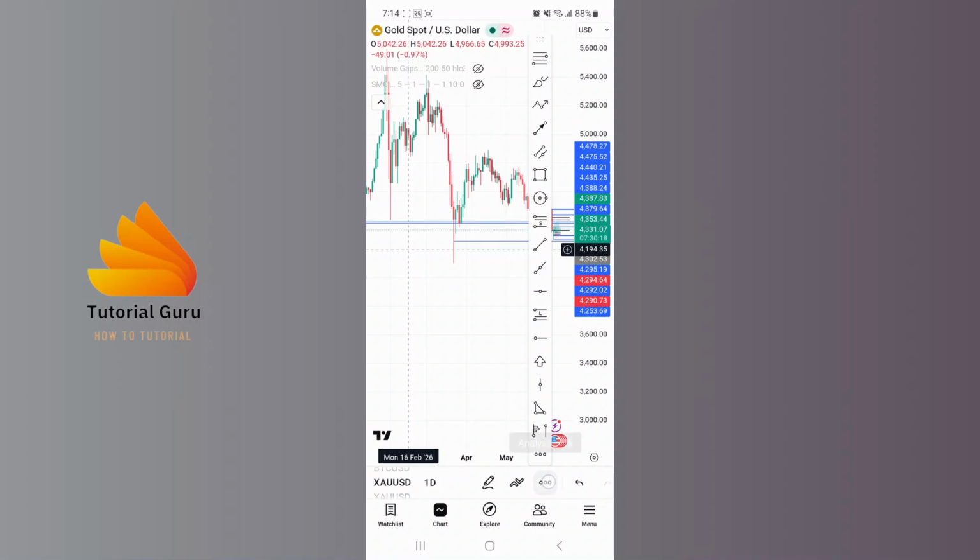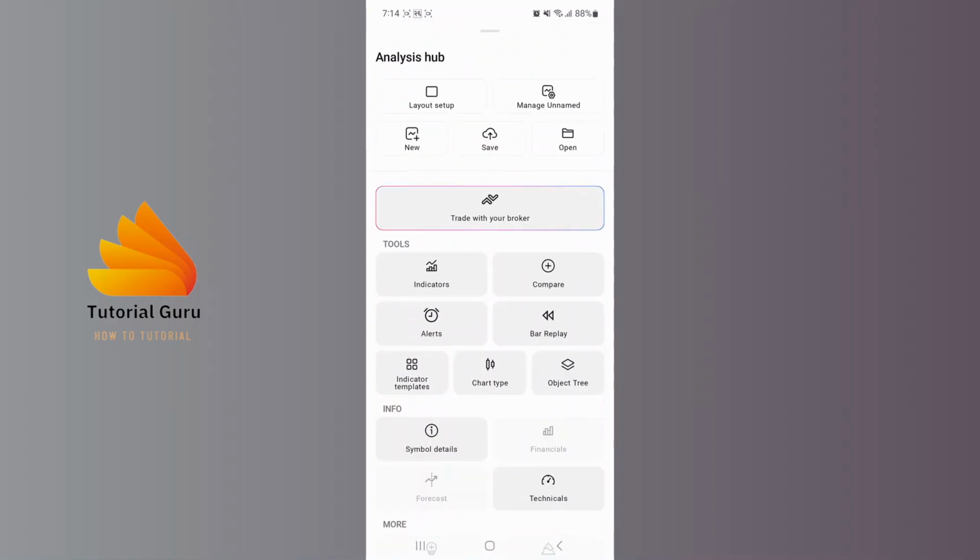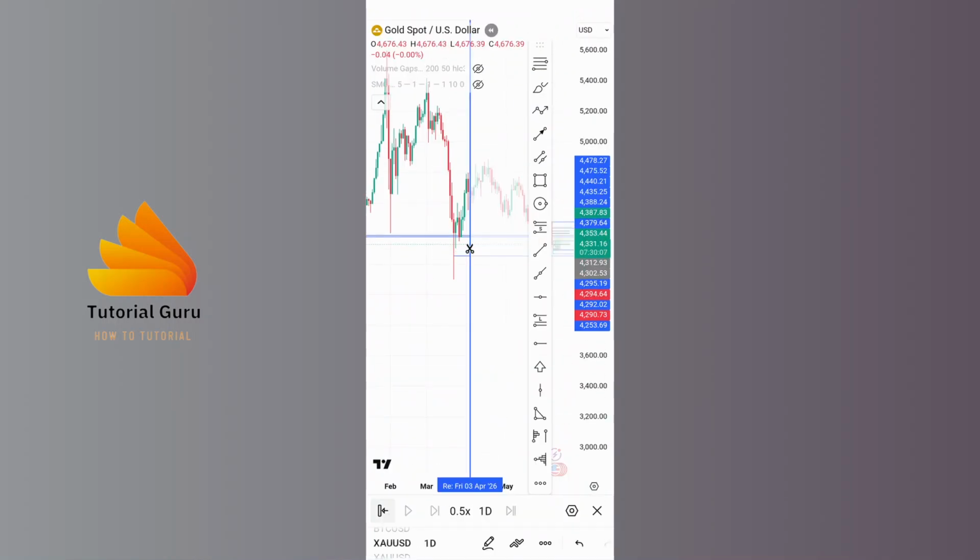And you can see the three dotted icon over here where it says the analysis hub on the chart window. Tap on analysis hub and you have the bar replay option available for us. Tap on the bar replay and this kind of line will appear for selecting from where you want to replay